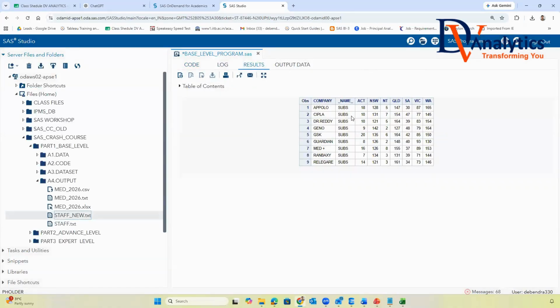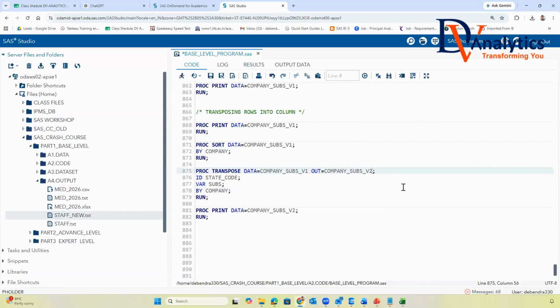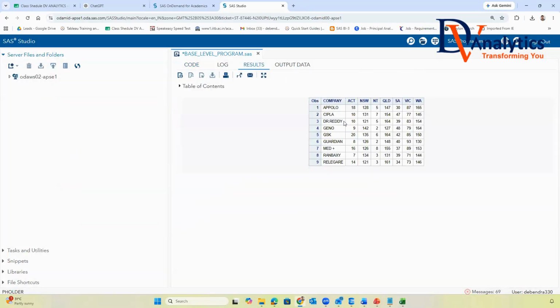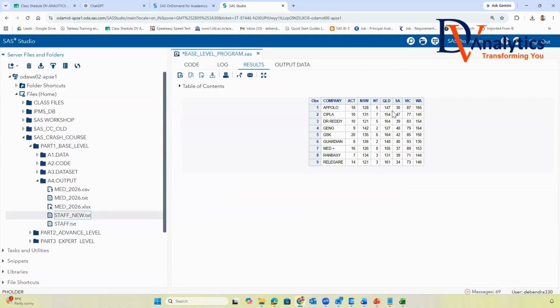Your data has been converted, rows have gone to columns. The only thing is underscore name underscore subs is coming. You can write drop equal to underscore name underscore while transposing. If you do that, your transposing from rows to columns is done. Is this clear to all of you, everyone? Yes, sir.